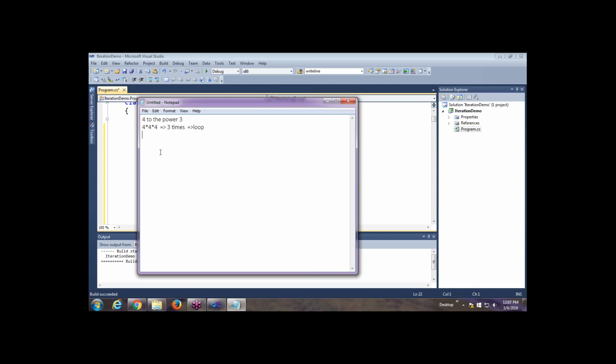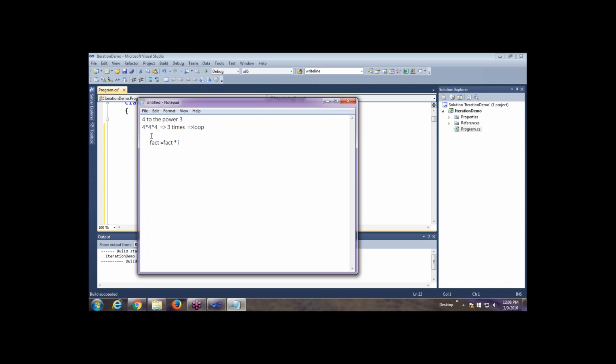So after that, what has to be done inside the for loop? See, in the previous case, we were writing fact is equal to fact multiplied by i. Now i is the variable which we are using in the for loop. Its value is going as 1, 2, 3, 4 and so on. But in this particular case, we don't want the value of i because we want it to be fixed. Now what is this data? This is the base to the power exponent.